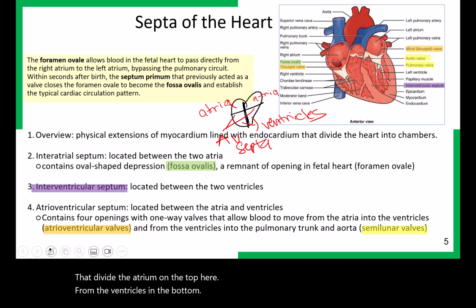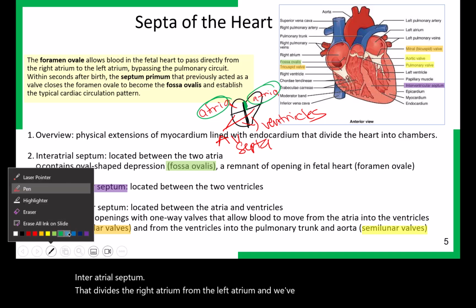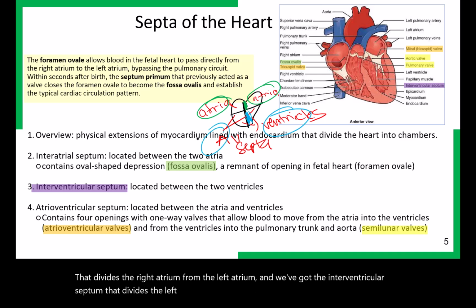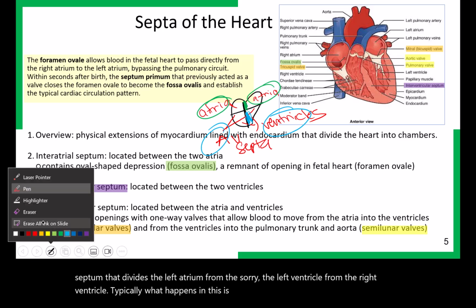We've also got the interatrial septum that divides the right atrium from the left atrium, and we've got the interventricular septum that divides the left ventricle from the right ventricle. Typically, what happens in a normal heart,